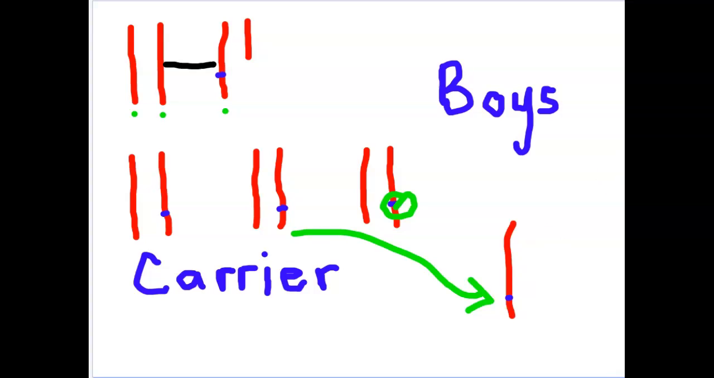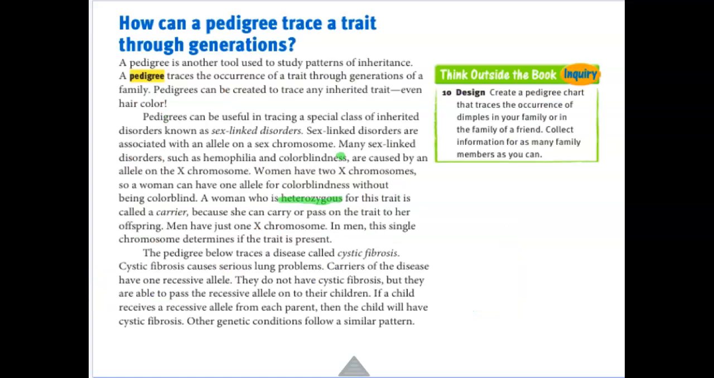If they have a girl, they could potentially give the normal color vision, or they could give the color blindness, but then it all depends on whether or not the person that they have a child with is colorblind or not. If the person that they're with is not colorblind, then their daughter will not be colorblind. She just may be a carrier. Not all traits on the